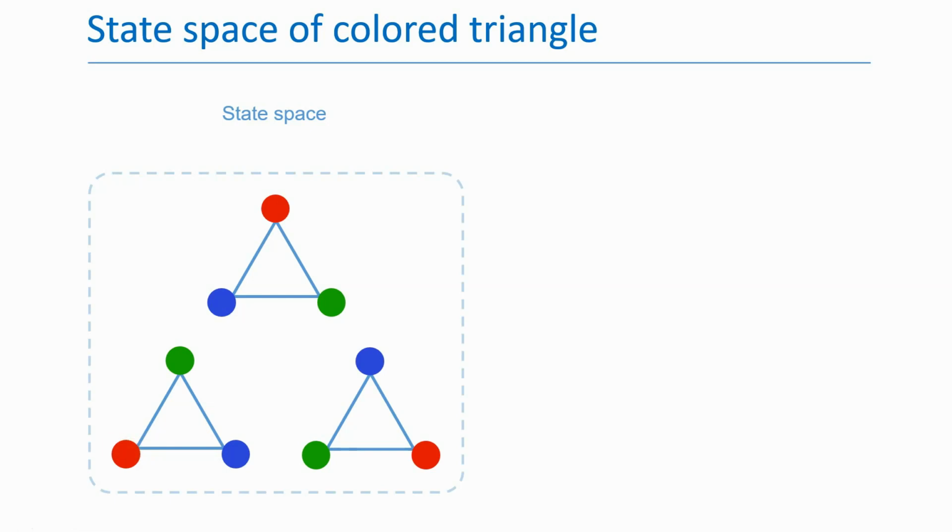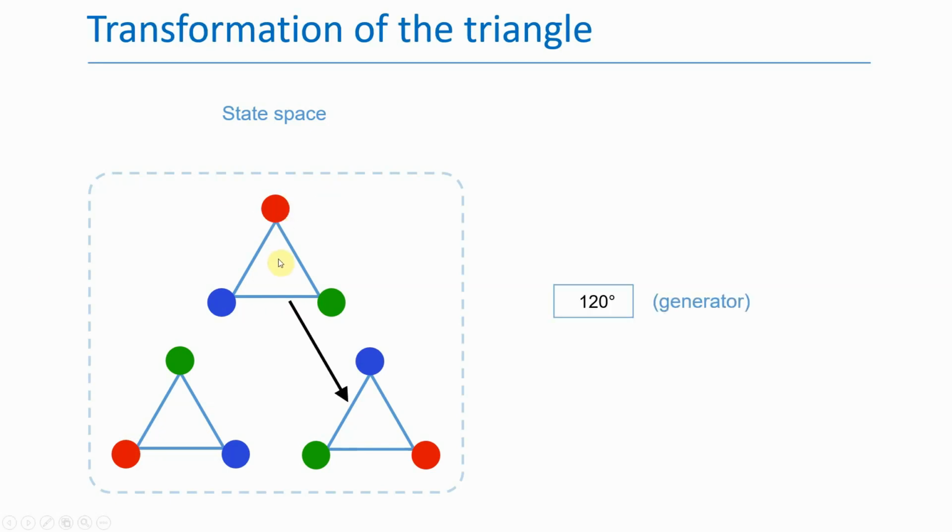Now, we'll change our perspective a little. Rather than thinking in terms of the state space, we'll think in terms of transformations from one state to another. For example, suppose that we start with red up. If we rotate the triangle around its own center clockwise by 120 degrees, or 1/3 of a full rotation, we get red right. This 120-degree rotation is a basic degree of freedom for this object, and we will imagine that we can apply that rotation by the click of a button. In group theoretical terms, this is the generator of the group.